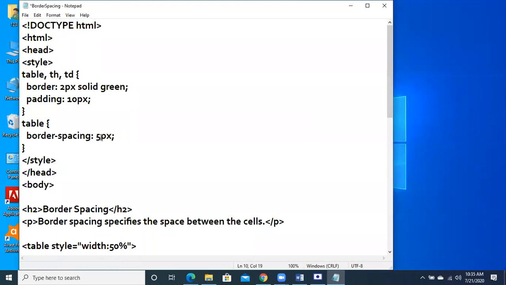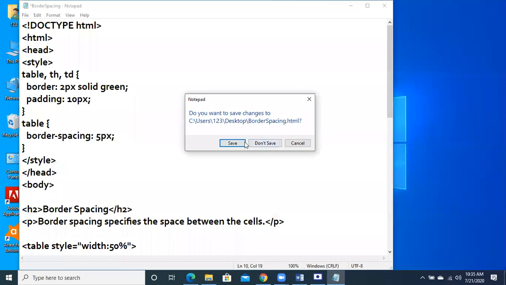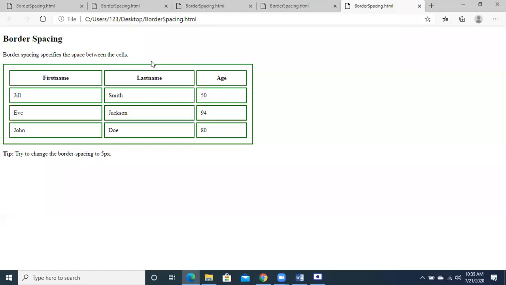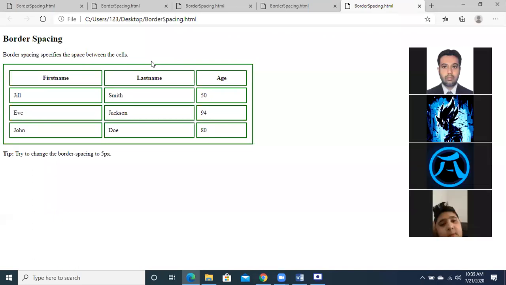If I change it and now if I run it, now see the distance between the cells is now lower. Are you getting this point? What is the difference between padding and spacing? Padding is the content and line distance, and spacing is the distance between two cells.